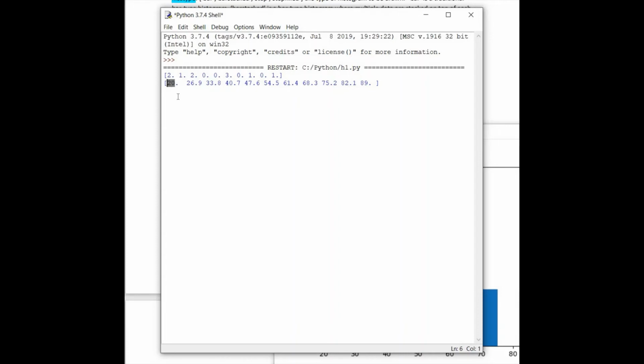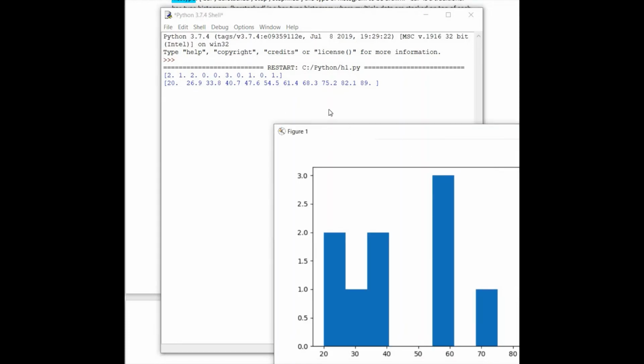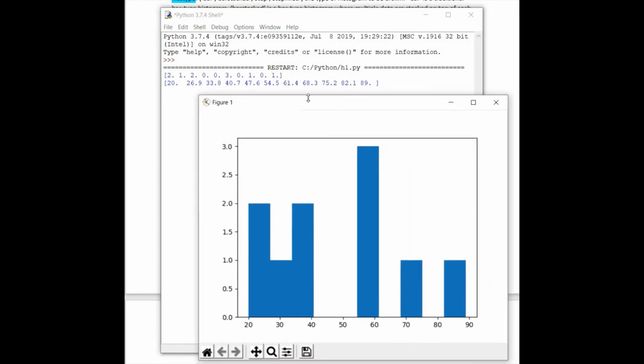Your starting value, the minimum value in your list, was 20, so the starting bin creation value is 20, and likewise your last value would have been used here to create the bin. And then the range has been defined. For each range it is counting the frequency as well. So using these two things, it is actually plotting this histogram.